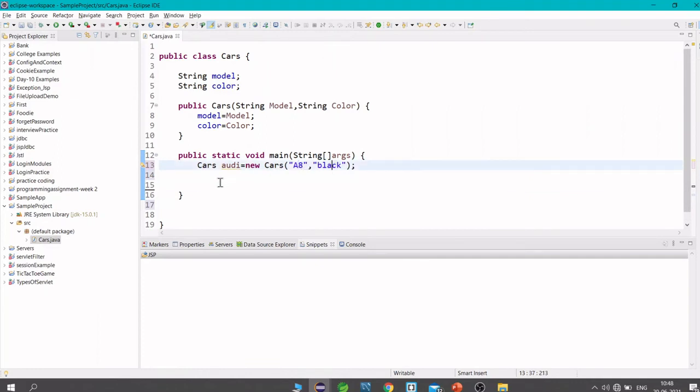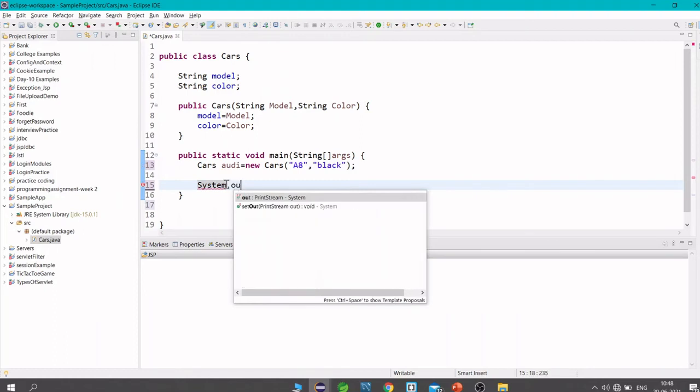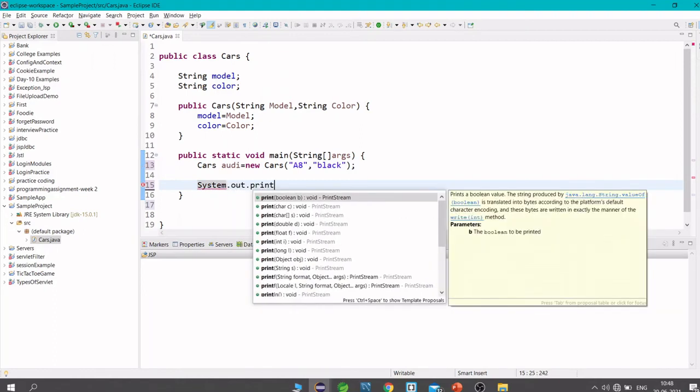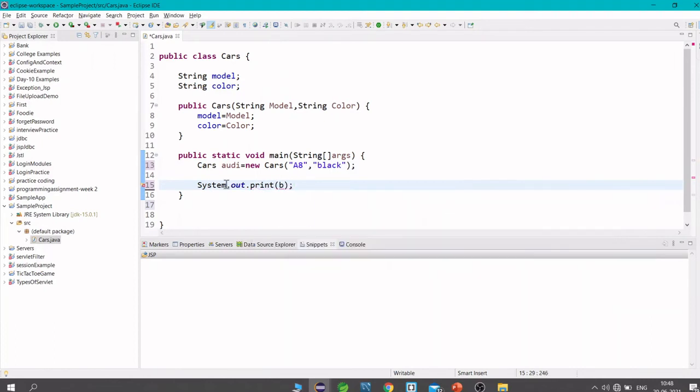Now how can we know that these instance variables are initialized? So let's write a print statement. In Java, we write System.out.print to print something on the console. So how to get this model here?